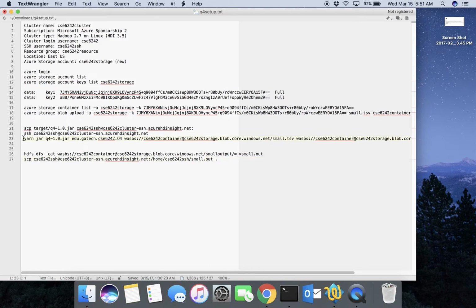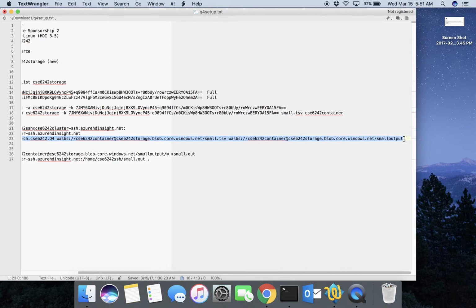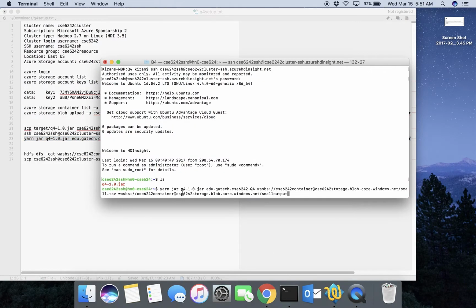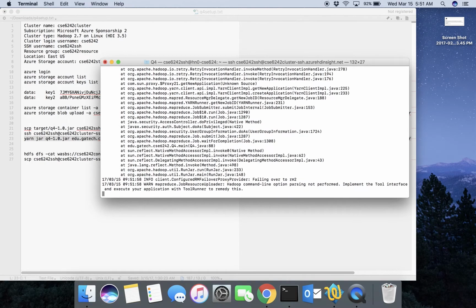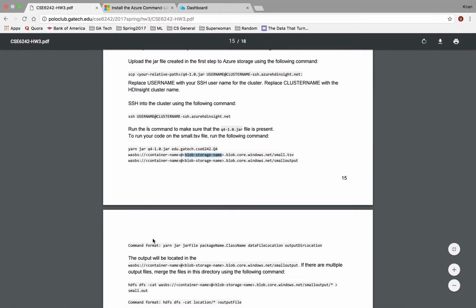So I shall execute this. And this should start running your code. It'll take a while for the entire thing to run because it's a large file, but once it's complete,